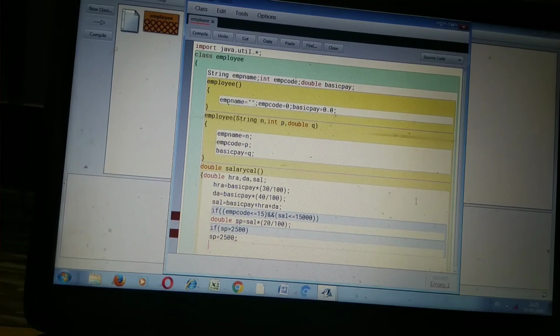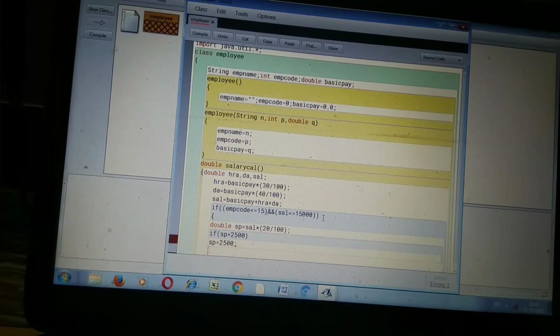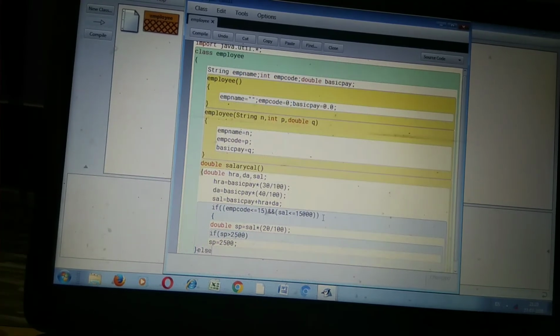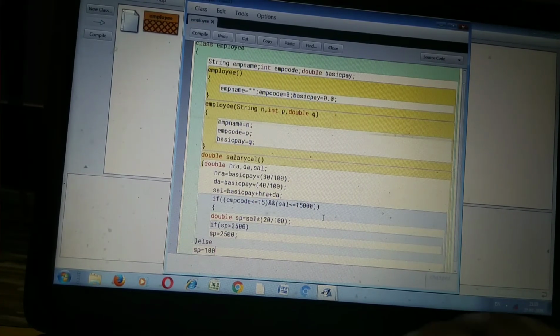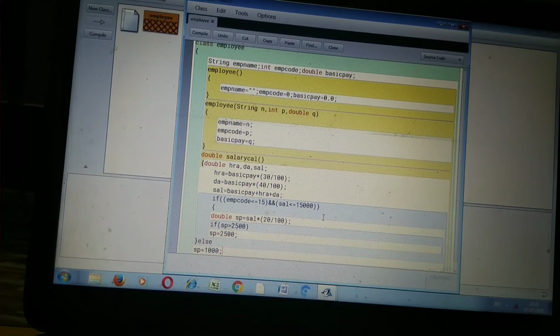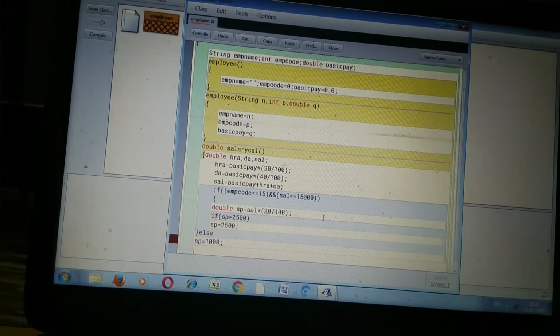You start the block of if here. Next, if this condition is not true, then the else part: SP is equal to 1000. If this condition is false, meaning your employee salary is more than 15,000, it gets the special allowance 1000.